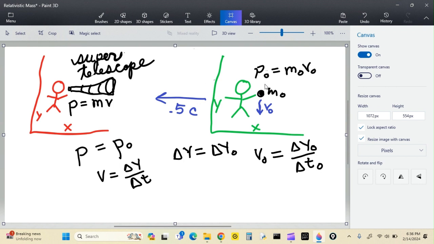Momentum is, here's P, which represents momentum. That may not make much sense, but that's what they do. And the momentum is the mass times the velocity. I've got these little zeros here because these zeros represent what this green man thinks, everything is standing still with relationship to the red man, but really the green man's moving at half the velocity of light.